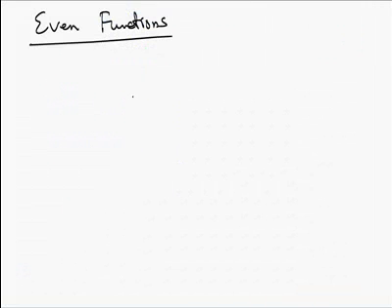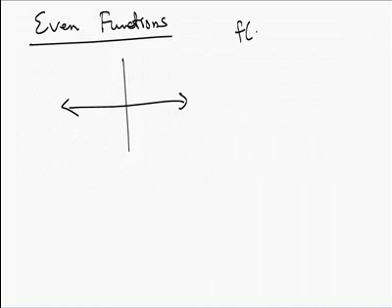And finally, a couple words about even and odd functions. Remember that even functions are functions where f of negative x is equal to f of x. In other words, if you replace x with negative x in the formula and simplify it, you get the exact same thing as the original formula. What that means graphically is that the function is going to look exactly the same on both sides of the y-axis. So the y-axis is your line of symmetry, which means, for example, that if we have the point,